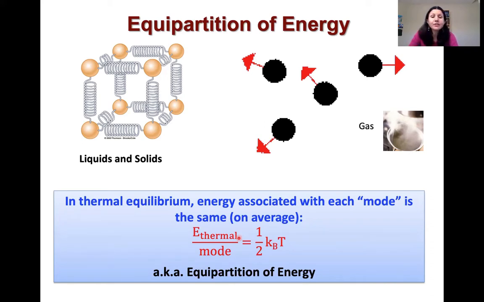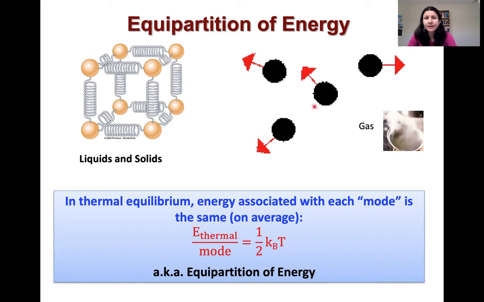So on average, each one of these modes or degrees of freedom gets this amount of thermal energy. It's equal to 1/2 kB T. kB is Boltzmann's constant, so it's just a constant, and T is temperature. So it's proportional to temperature. Again, this is the amount of thermal energy that each mode will get. And this is known as equipartition of energy because each mode will get that same amount of energy, 1/2